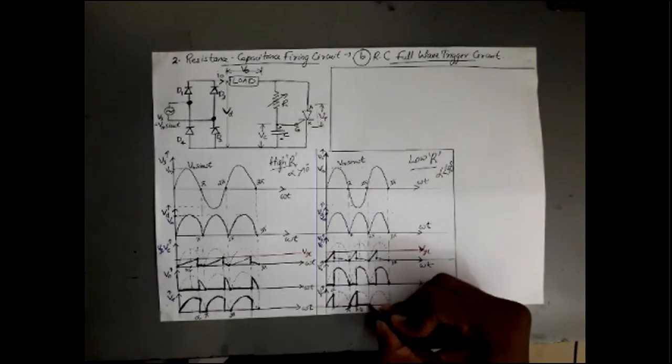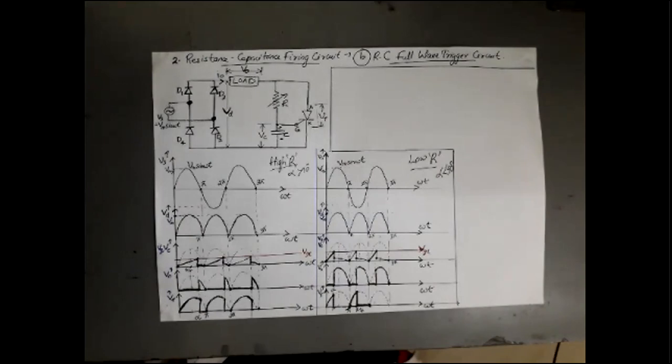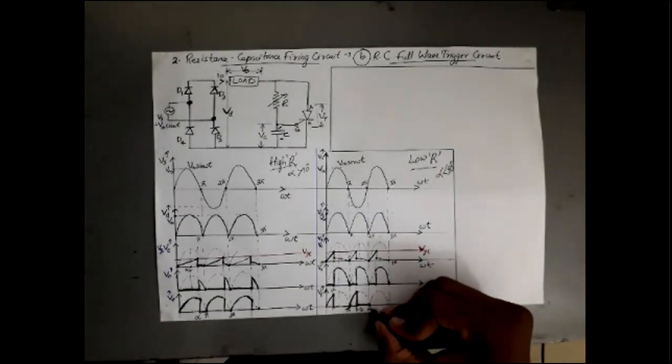From 2 pi, my SCR is again in the off state, that is, SCR is not triggered. Up to which point? Up to 2 pi plus alpha, my SCR is not triggered. So the entire Vd will be appearing across my thyristor up to 2 pi plus alpha. At 2 pi plus alpha, what happens? My thyristor voltage suddenly reduces to 0 because the thyristor is triggered and it acts as a closed switch. Hope it is clear for you.